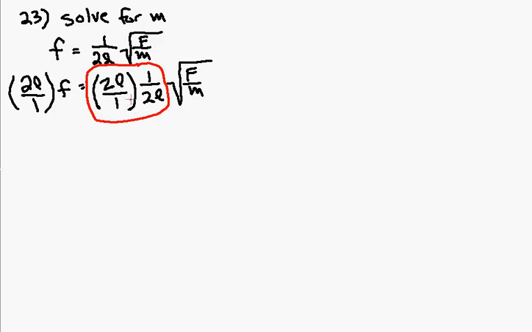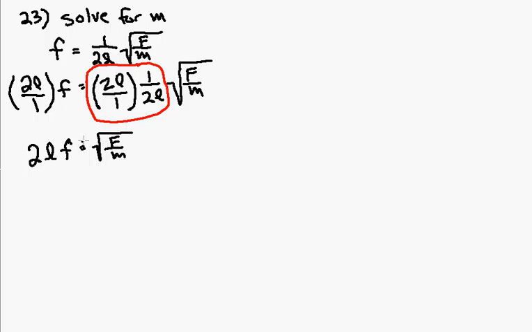And 1 as a multiplier can cancel. So doing that, this now becomes 2 times L times F is equal to the square root of F